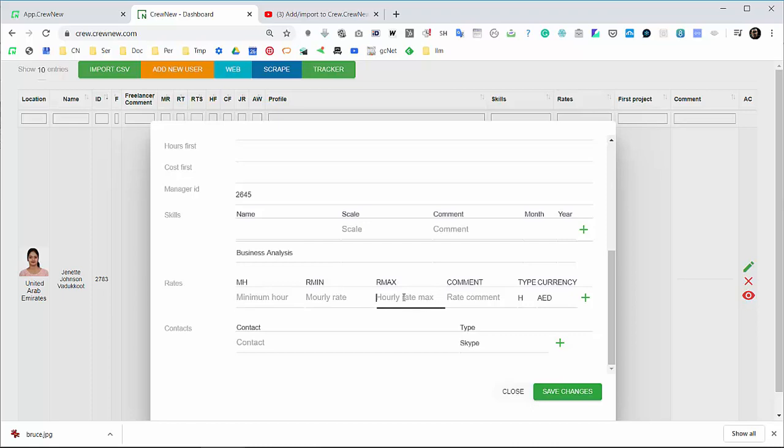It's so that, for example, you can add that the hourly rate is maybe 20, but it's maybe 12 if there's minimum 160 hours per month, which means full time, or minimum 80 hours and 14, or maybe if there's